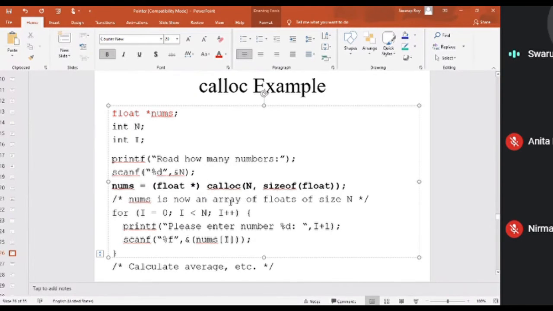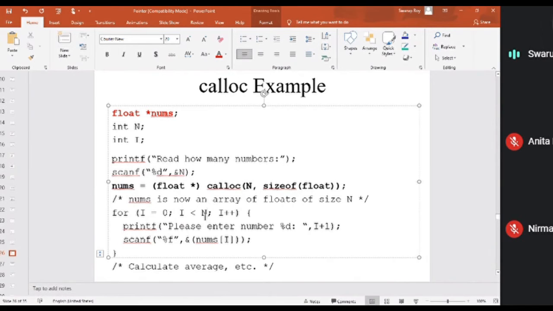Because calloc returns a void pointer, and I have to convert it into the destination type. The destination type is float star. So I need a typecast so that the void pointer can be converted into float star. If you remember, we discussed this in one of the classes. Otherwise, it will give a warning.